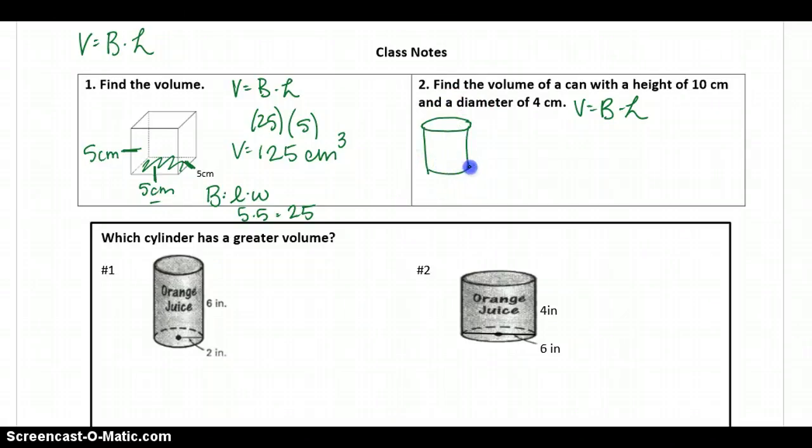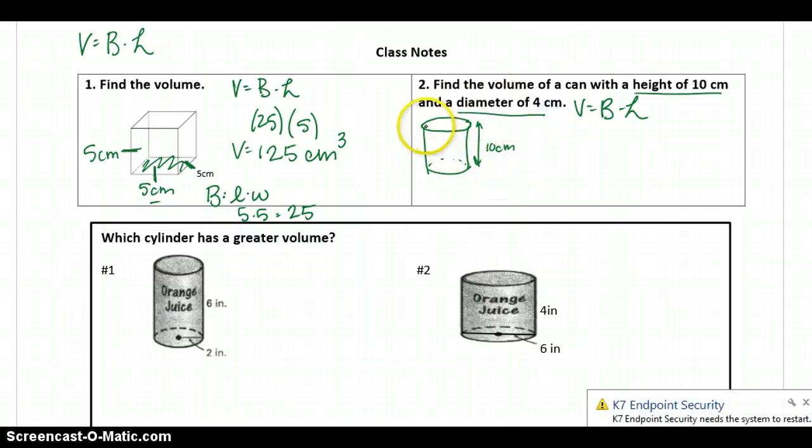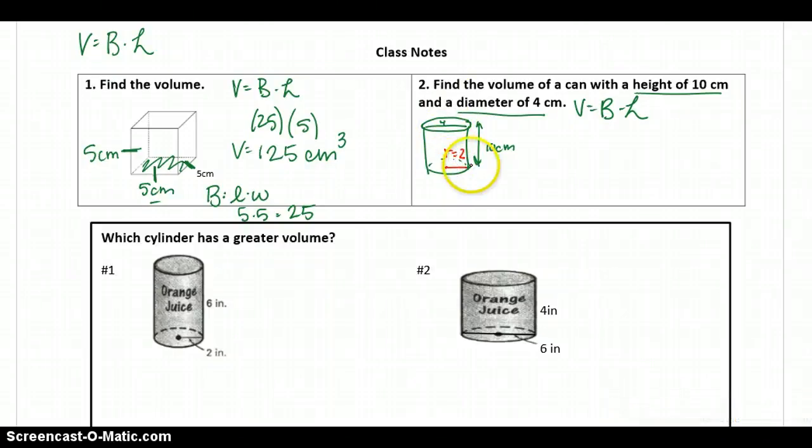It says we have a height of 10 centimeters. The distance between my two bases is 10, and a diameter of 4 centimeters. If my diameter is 4 centimeters, then my radius, r, has to be half of that, which is 2 centimeters. So to find the area of my base, it's a circle, so my formula for area is pi r squared. For r, I'm going to plug in 2, so I get pi times 2 squared, or pi times 4,